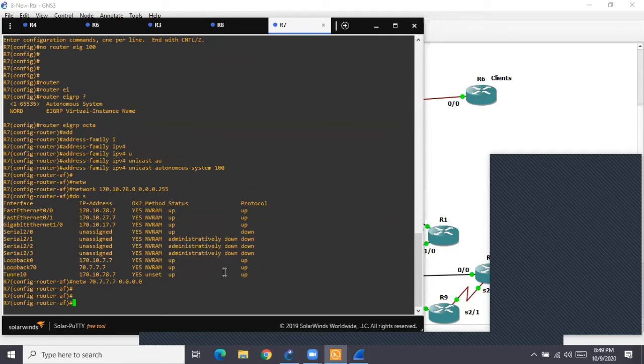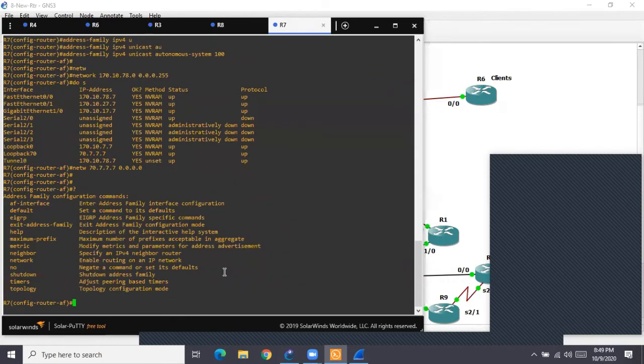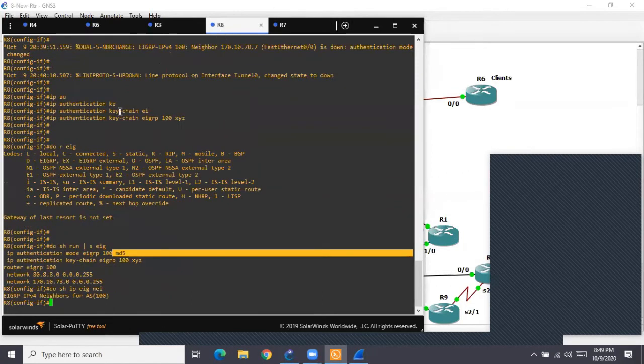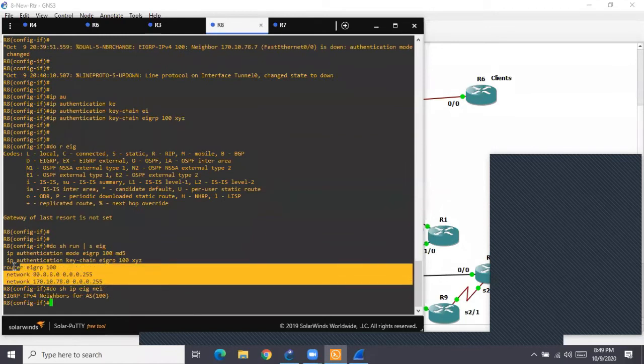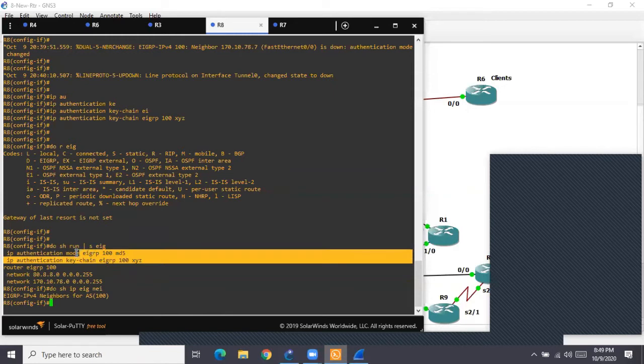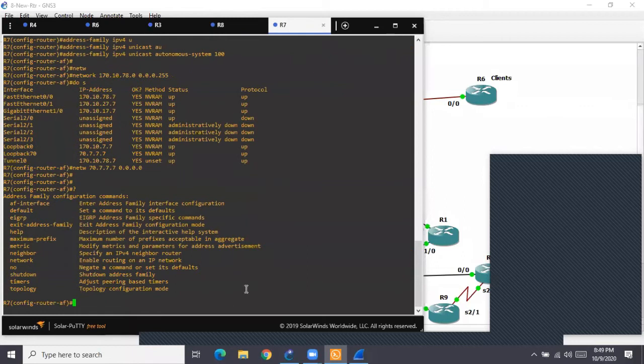Did I define the keychain on R7? No. Okay, no problem. Let us do. But now see, do I have the command to define the keychain anywhere? No. Okay. Second thing is, on R8, where I specified the mode and the keychain, it was on the interface. I did not go inside the process, right? Remember, on R8, the authentication commands are not inside the process. These two commands I configured were on the interface. But in 64-bit named EIGRP, you cannot specify on the interface. Even if I go, the command is there, but it won't work.